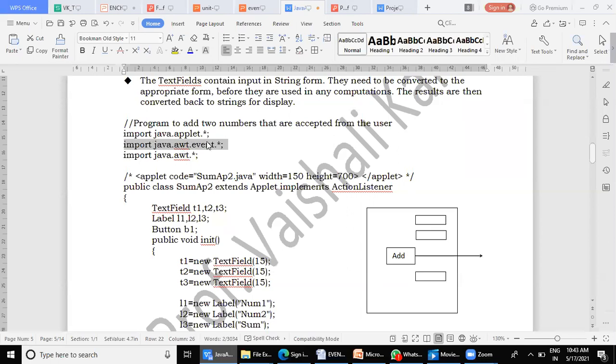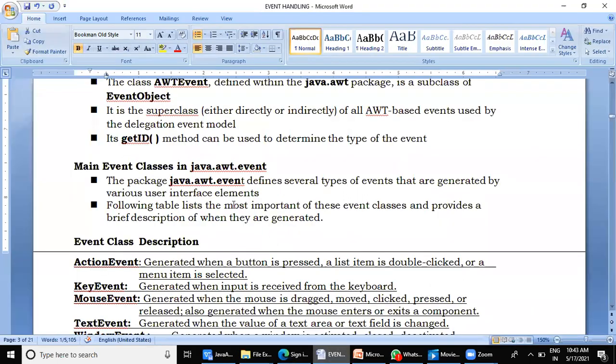Now the reference has come that most of the events we use practically are defined in this java.awt.event package. But just to know the ancestry or the hierarchy, we learned two classes just now. One is the EventObject class, which lies in the java.util package.